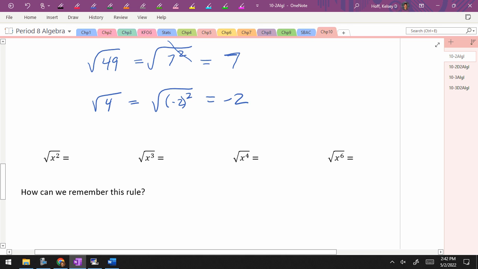So negatives are going to throw us for a loop, because it may change whether it's a positive or a negative. Here's the rule. If it starts with an even power,